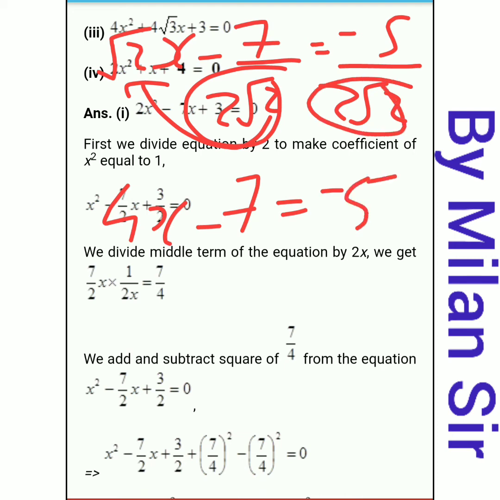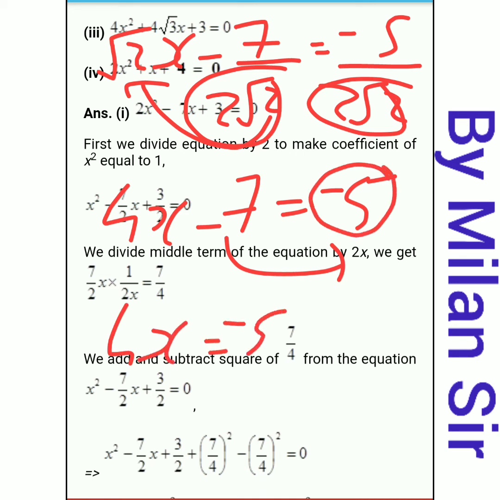Here again we have the denominator 2√2, so we do not need to take the LCM here. We do not need to change the numerator here. Okay, now transfer this minus 7 to the right hand side. On the right hand side we already have minus 5. If we transfer this minus 7 to the right hand side, it becomes plus 7. So 4x is equal to 7 minus 5.